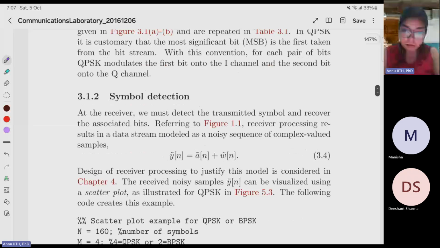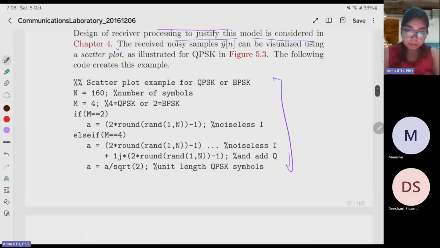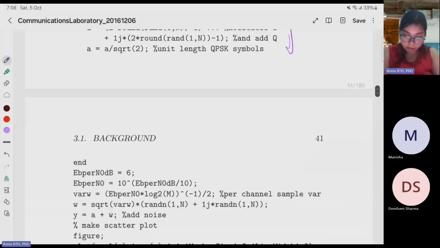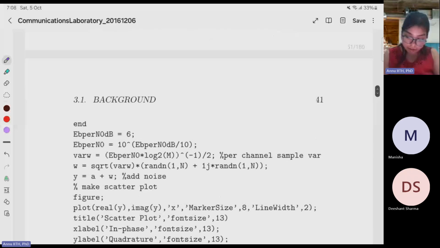Okay, try to understand the MATLAB version also. You have the number of symbols as 160. M equals 4 for QPSK and 2 for BPSK. If M equals 2, then the symbols are 2 times round of a random bit minus 1, noiseless, so you'll have only the in-phase component, not the quadrature component. If it is 4, then it is 2 round of a random bit plus j times 2 round of another, minus 1 plus 1, and A equals A divided by square root 2. Then Eb over N0. And this is the scatter plot of how it will look, in-phase component versus quadrature component, with 160